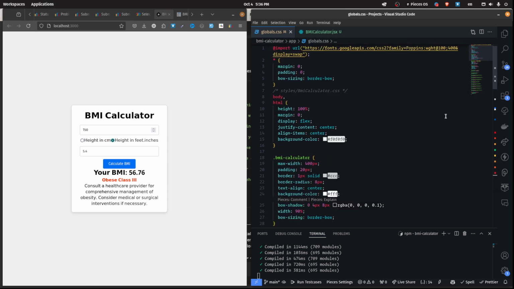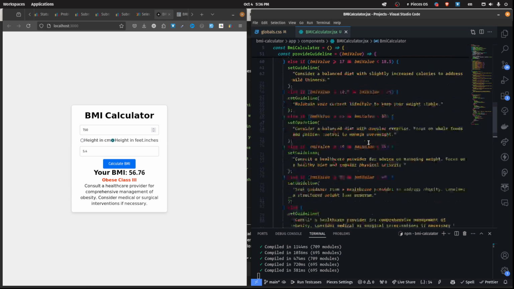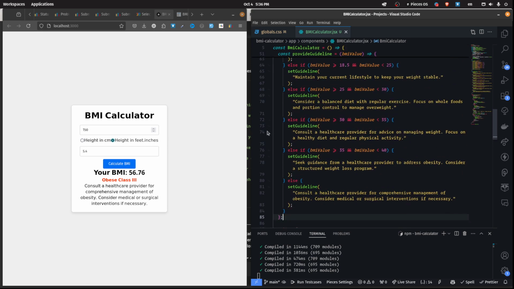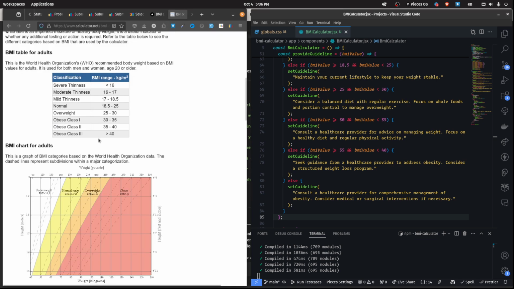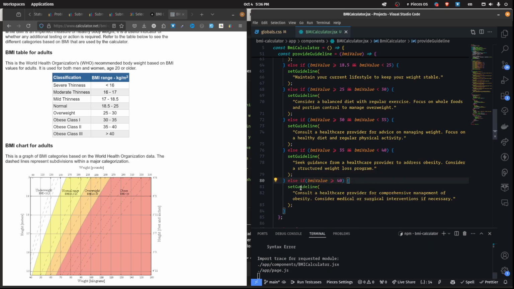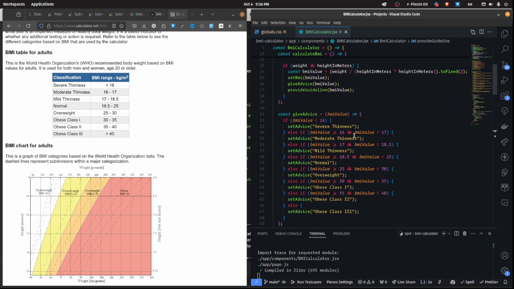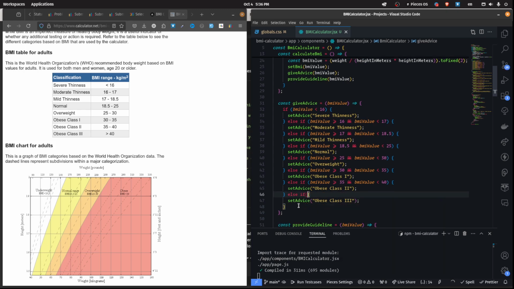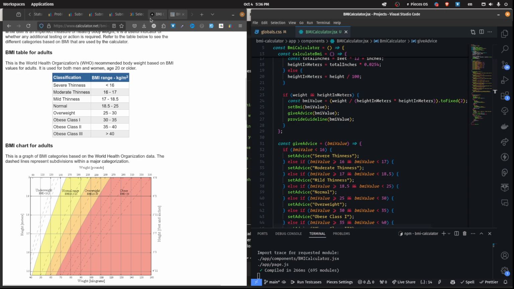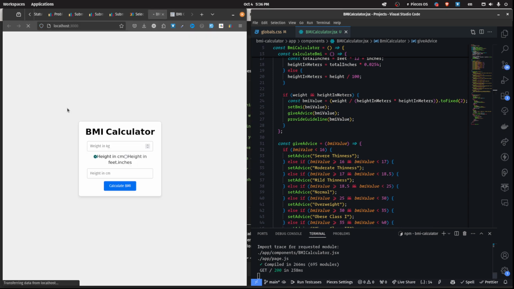Okay, let me change one thing here. Else if BMI value is greater than 40, okay, also here, else if BMI value is greater than 40, perfect. Now, if I say, for example, 105.2 inch,